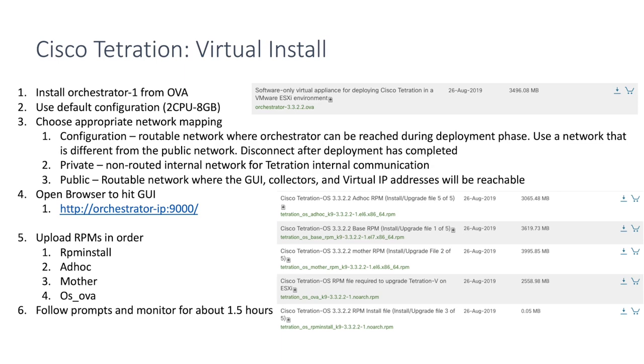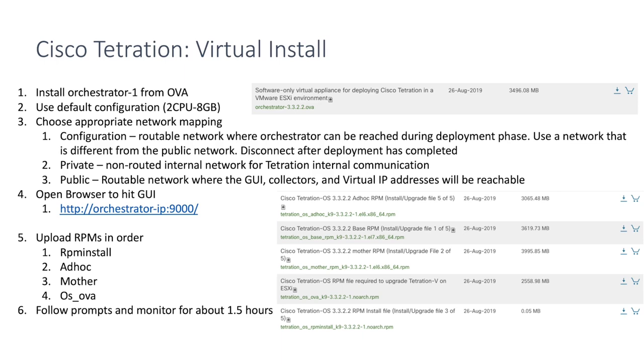The second needs to be a private network. This is a non-routed network for Tetration internal communications. And finally, we have the public network, which is a routable network where we can hit the GUI, collectors, and the VIPs. Once we go through all the prompts and finish the install, you can open up the browser to hit